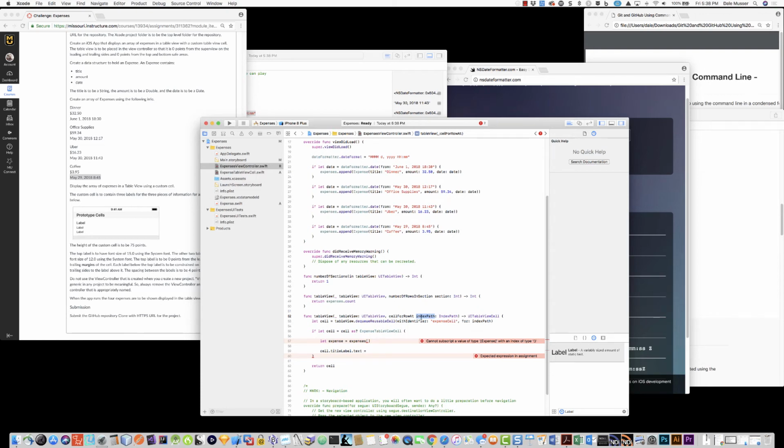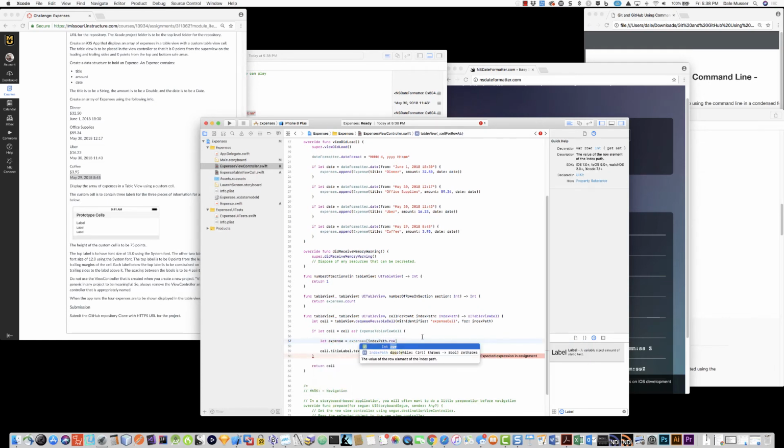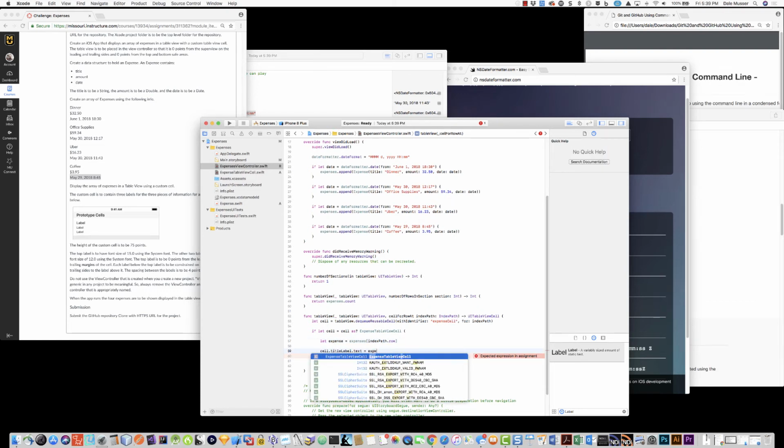I only have one section, so I'm only going to focus on rows. Index path.row, index path is a structure that has a row property, will tell me which row I'm in. I use that in the expenses array to identify the expense that I want, and that is what is in my expense constant. And now I can use expense dot to get the properties out of it,